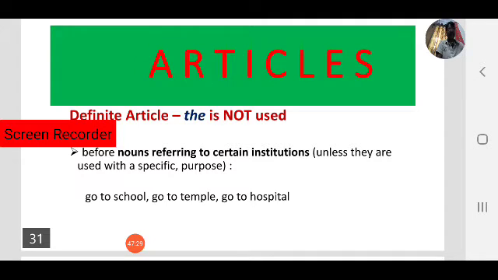For example, observe two sentences. I go to college every day. I go to the college to pay my daughter's fee. Observe these two sentences. In the first case, I go to college daily, that is my profession. As teaching is my profession, I go to college. So that is okay, in that case we need not use the. In the second sentence, I go to the college to pay my daughter's fee. So that is another case. I go to college. What is my purpose here?